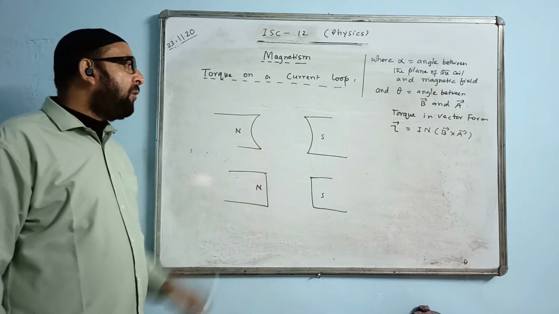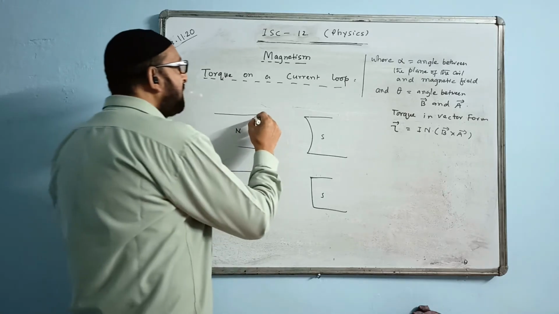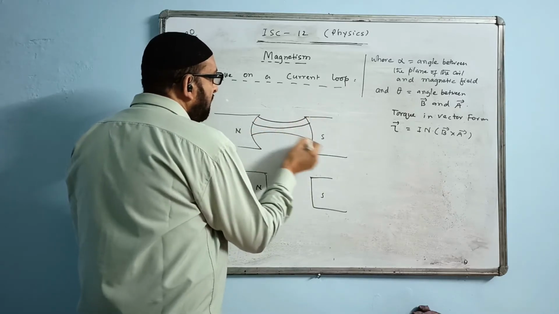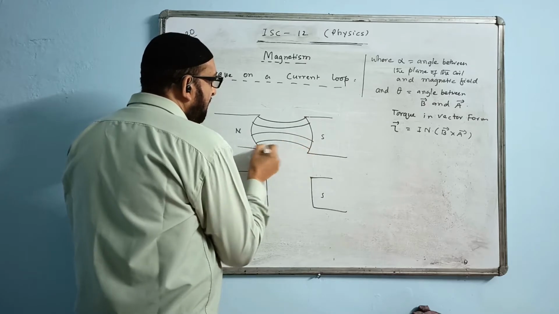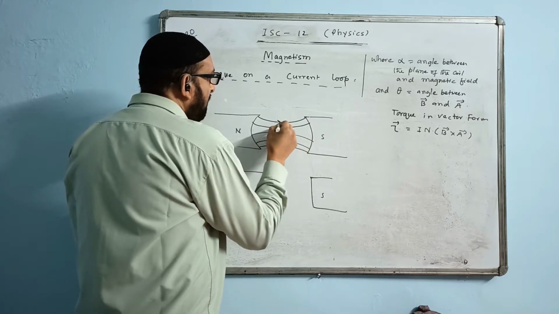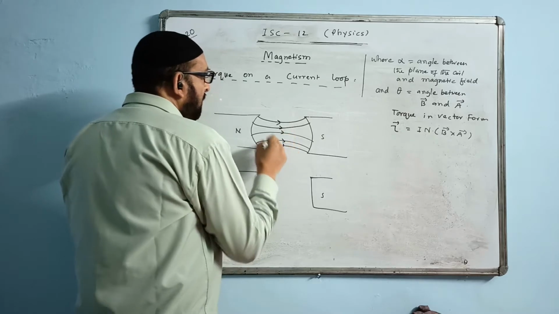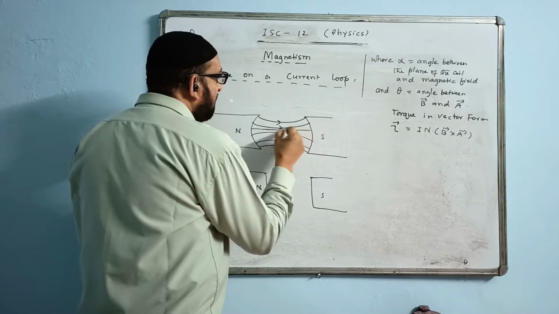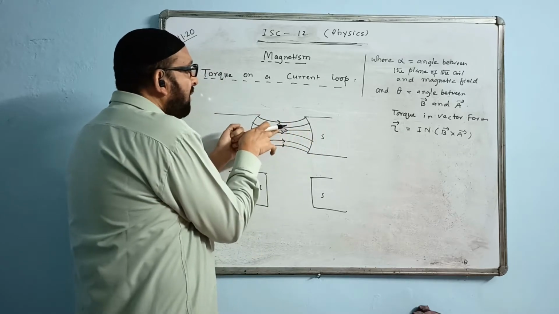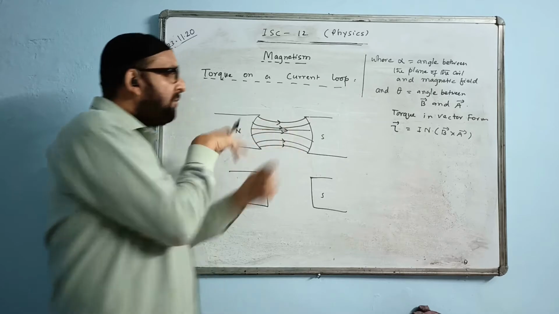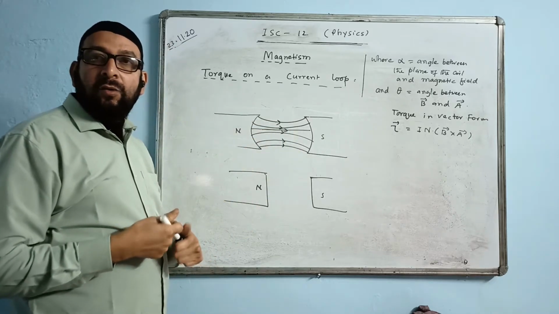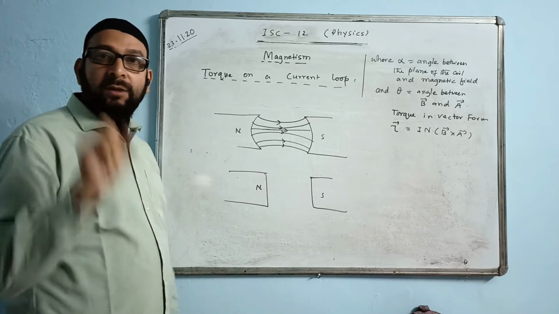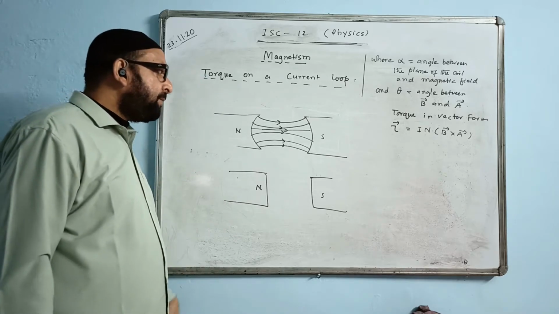So this point is very, very important, because this will provide radii everywhere like this. In the beginning, suppose the coil is coinciding with this line. Then when it turns, it will coincide with the other one, and everywhere it will coincide. So we will obtain a maximum and constant torque. Please note down this point. This is a very important point.